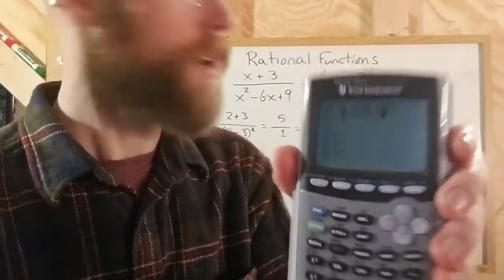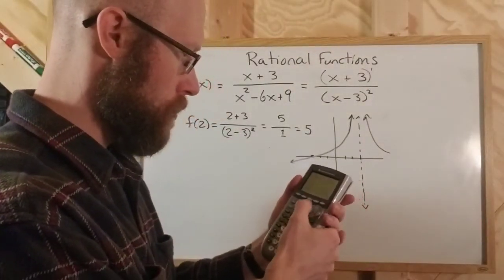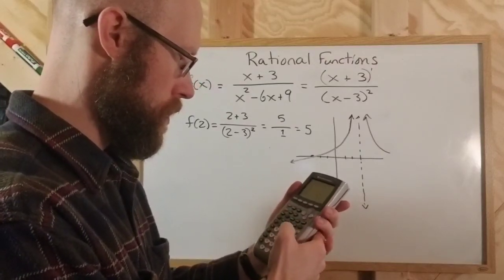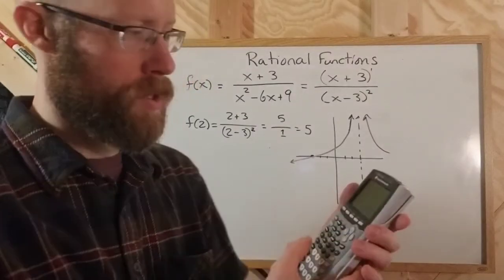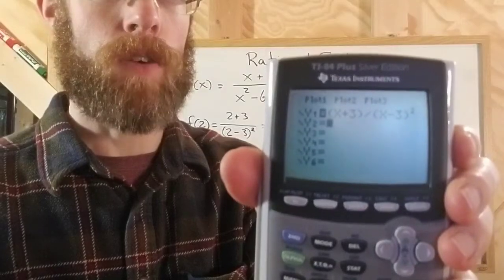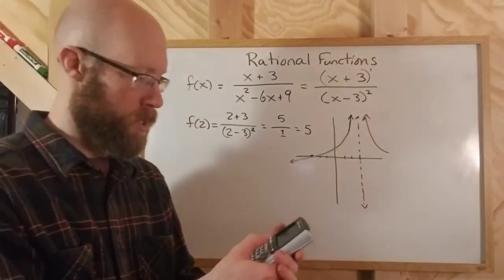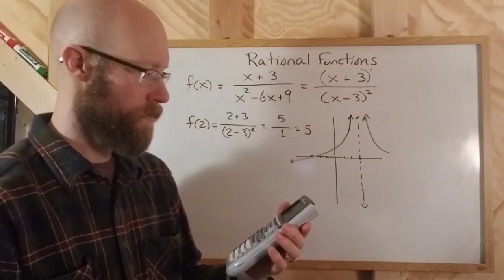And then on the bottom, I'm going to put x minus 3. Again, I need parentheses, and I'm going to hit the squared button so that it squares that one. And so here's the final function on the calculator. If I hit zoom standard, like I normally do to start off,